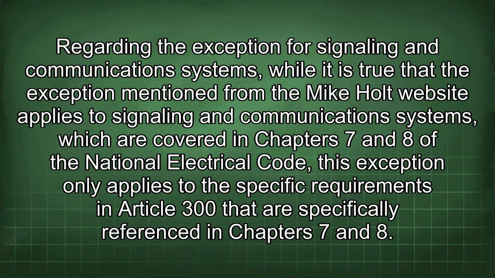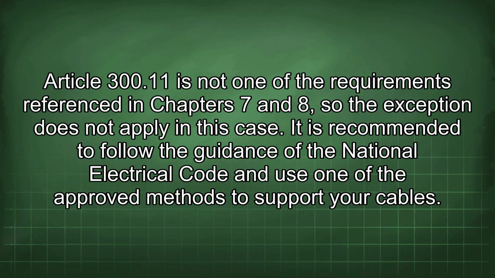Regarding the exception for signaling and communication systems, while it is true that the exception mentioned from the Mike Holt website applies to signaling and communication systems, which are covered in Chapters 7 and 8 of the National Electrical Code, this exception only applies to the specific requirements in Article 300 that are specifically referenced in Chapters 7 and 8. Article 300.11 is not one of the requirements referenced in Chapters 7 and 8, so the exception does not apply